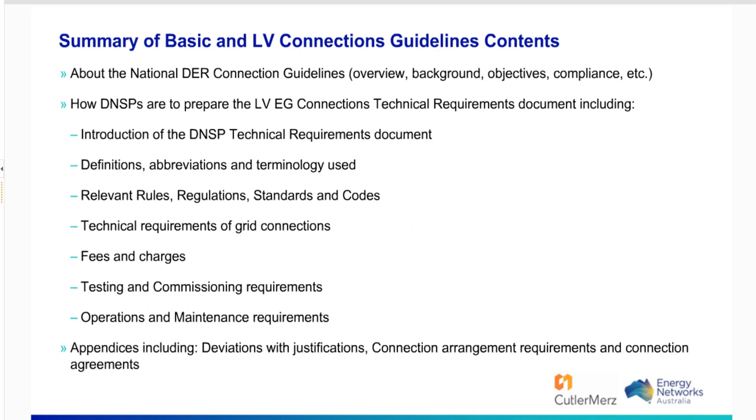So every standard that gets developed within a DNSP in response to these guidelines is going to have an Appendix A deviations section that outlines the extent to which, if there are technical parameters that can't be complied with, why that is the specific case for that jurisdiction, with adequate justification for proponents and customers at large to understand the specific constraint or network security risk or reliability risk that's present as a result of that technical requirement not